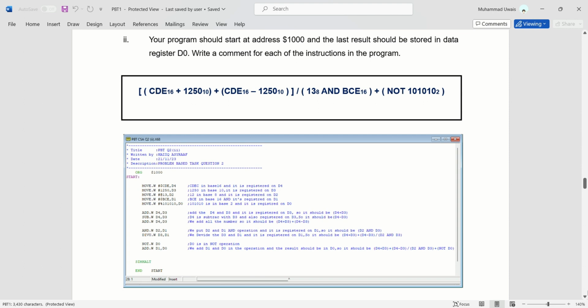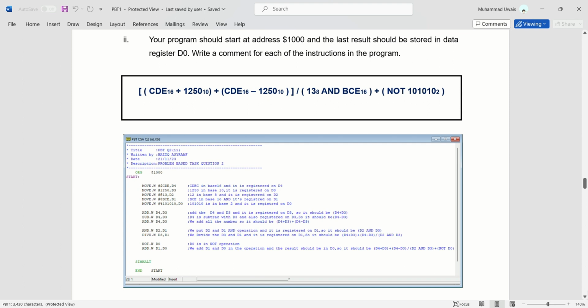Alright, for the question: CDE in hexadecimal plus 1250 in decimal plus CDE hexadecimal minus 1250 in decimal, divide by 13 octal and BCE 16 hexadecimal plus not 101010 in binary. Alright, for the code we start with